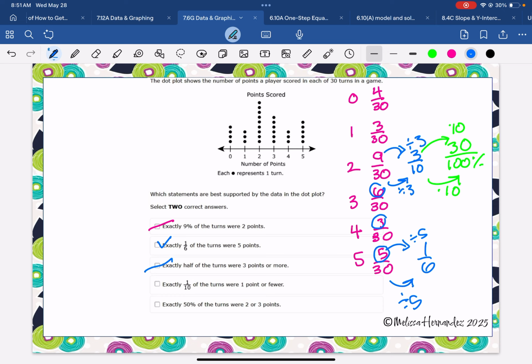Exactly 1/10 of the turns were 1 point or fewer. So we're going to look at 3 plus 4, which would be 7 over 30. Well, that's not going to work. That's not true. 7 out of 30, not 1 out of 10. So that's not a correct answer. Now we're going to go to the last one. Exactly 50% of the turns were 2 or 3 points. So now I'm going to look at 9 plus 6. That's 15 over 30. So that is definitely correct, and we're going to select that as my second correct answer